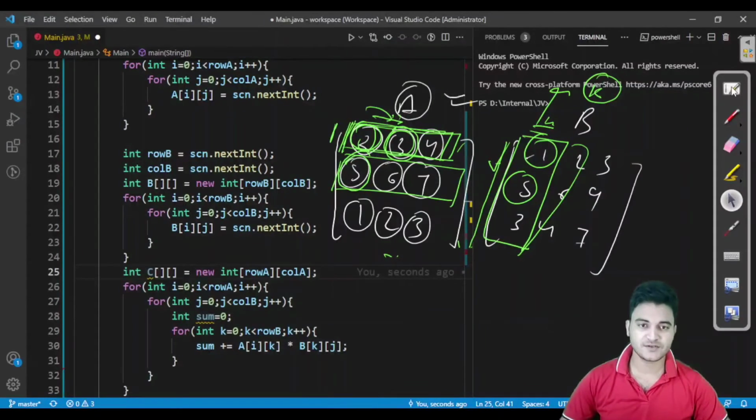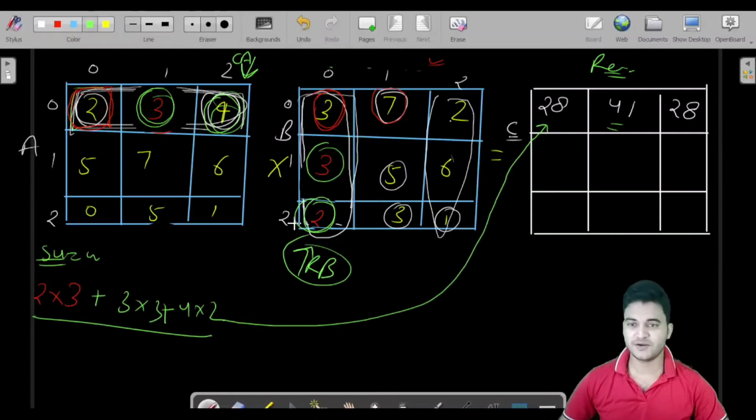Okay, so if it is not clear to you, then look at here very carefully. What we are doing, we are picking up this 2 and this 3 and this 4, and same goes for this column. So we are multiplying these 9 numbers and storing the result into first column. Again, what we are doing, we are not changing this row, we are changing only this column. So for that I would have to write the loop for j, which is a column in our case. Fine, because row is not changing.